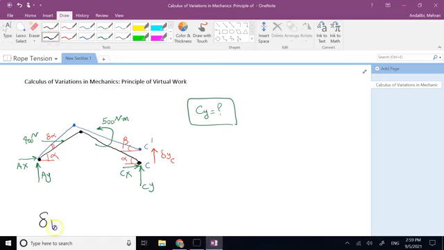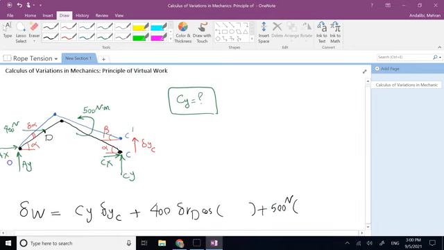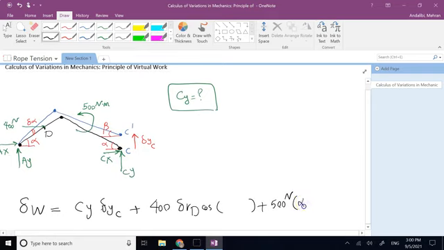Again, I say del W of the whole system is 0, but it is going to be Cy times delta Yc plus the work of the 400 Newton, which is going to be 400 Newton times the displacement of this point D times the cosine of the angle between them, which we need to find, and then plus the 500 Newton